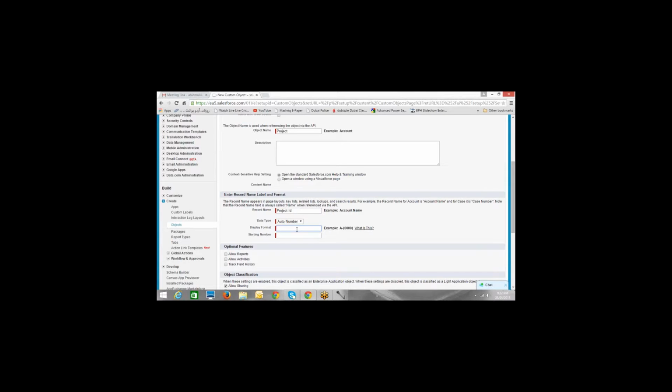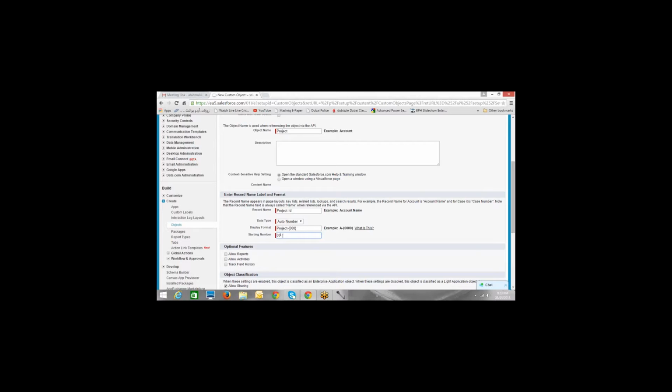Now in display format, all that you have to do is write this project, take it from the chat window and put it in the display format. So that will be the display format.